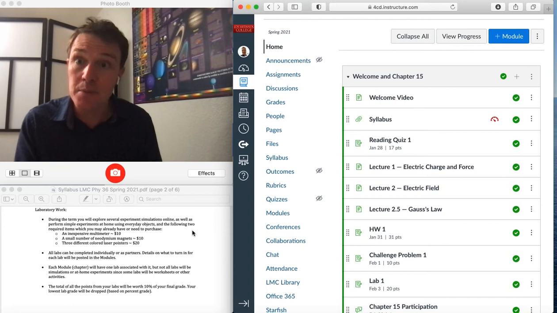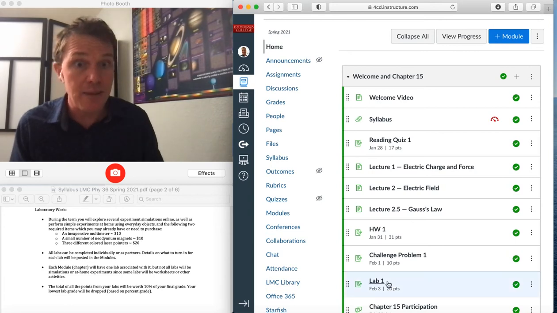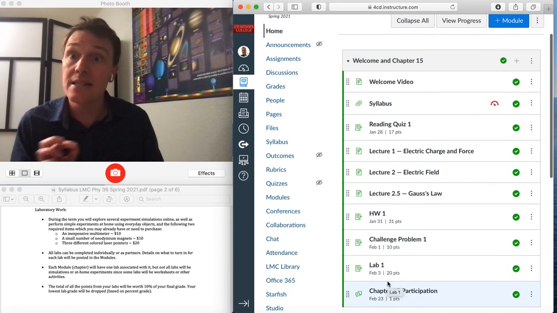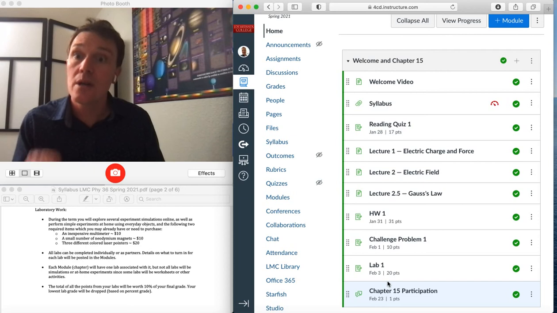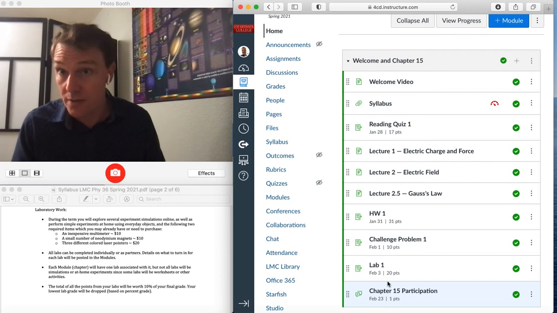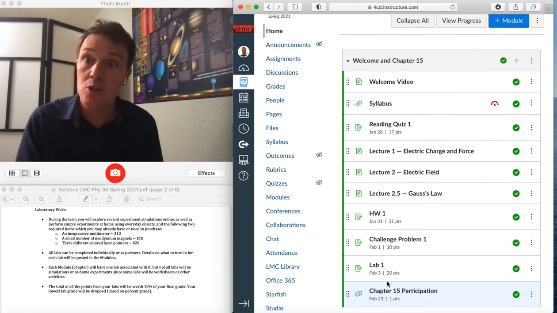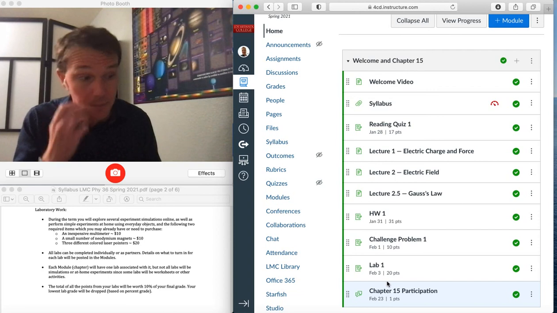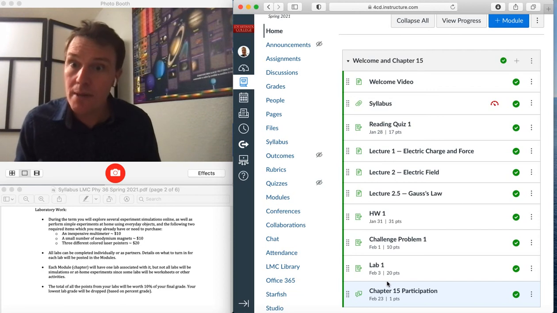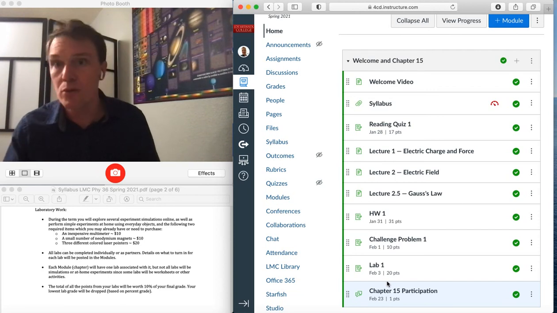For any of the simulations, like you can see over here, lab 1, that's a simulation. In any of the simulation labs, you can only work in pairs or individually. You can always work individually, you can always work in pairs, but there's an exception that you can work in groups of 3 for the at-home labs. It will be clear which ones are the at-home labs. I'll remind you if you have any questions, but I think it's really clear which ones are simulation-based and which ones are not.